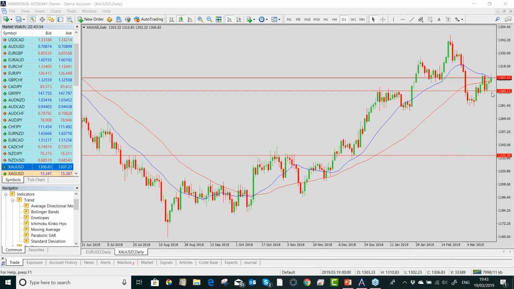So I'm going to have a look at putting a few more indicators on the chart. And what I'm going to do,